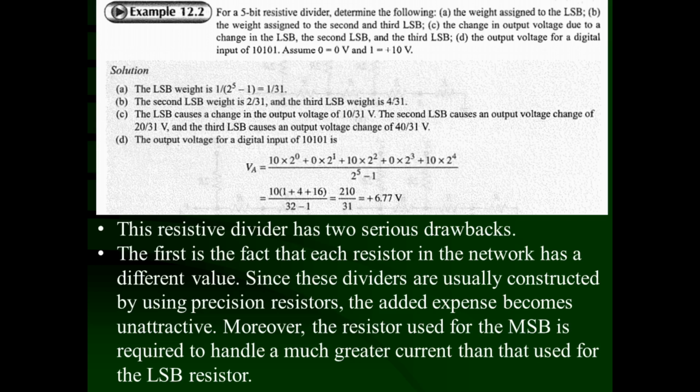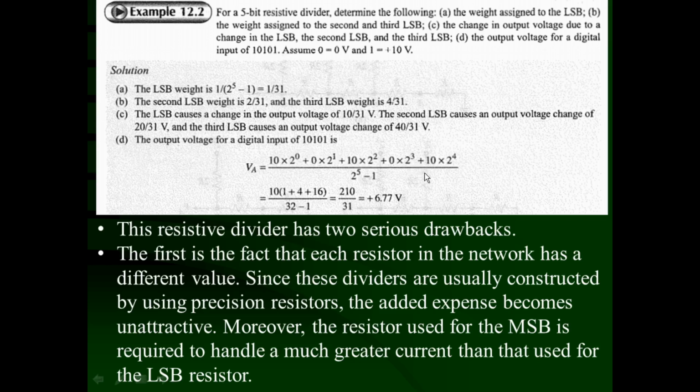The output voltage for a digital input of 10101 is given by using that formula, that is V into 2 raised to 0. Now, what was V in LSB here? LSB is going to be 1. So, V1 corresponds to 10 volt into 2 raised to 0. Then the second LSB is going to be 0, so V1 is going to be 0. So, V1 into 2 raised to 1 plus V2, that is the third LSB, that is 1. So, that corresponds to 10 volt into 2 raised to 2. Then the fourth LSB is going to be 0. So, 0 into 2 raised to 3 plus